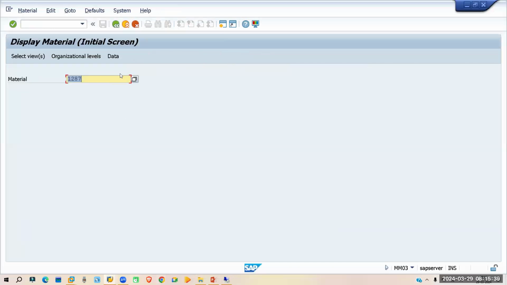Okay, now in the same screen you can see it is showing as MM03, the material display screen. Now you want to say, okay, I don't want to leave this screen, but I want to create a new screen. This is the material master view screen. Let's say I will be opening a purchase order screen in a different screen. I want to open that transaction in a different screen. So what you can do, you can put /o